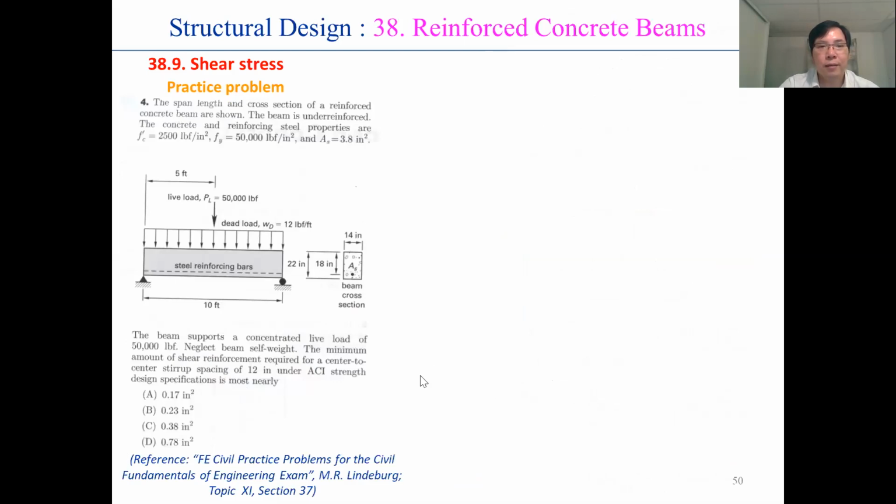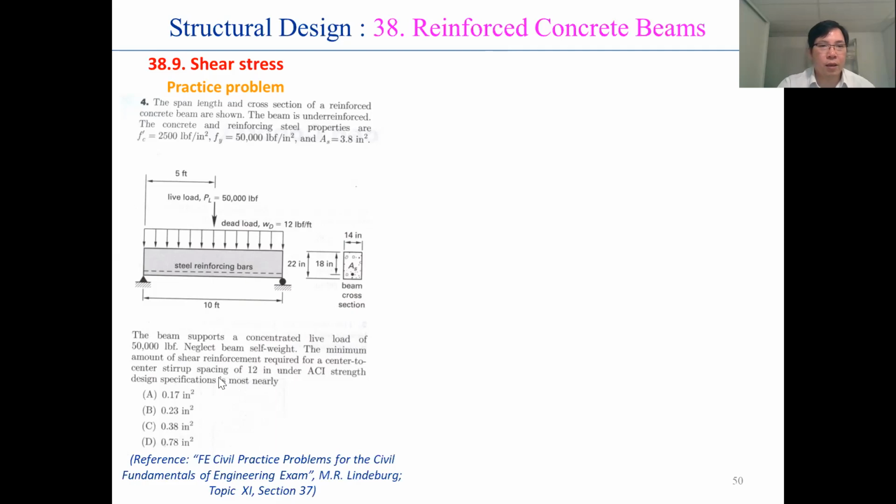Now we can pass to the second practice problem for the shear stress. Here is the problem. Here is the beam. They give you the span length and cross section of the reinforced concrete beam, and they give you the property of concrete and the steel, and they give you the dimension of the section of the beam,